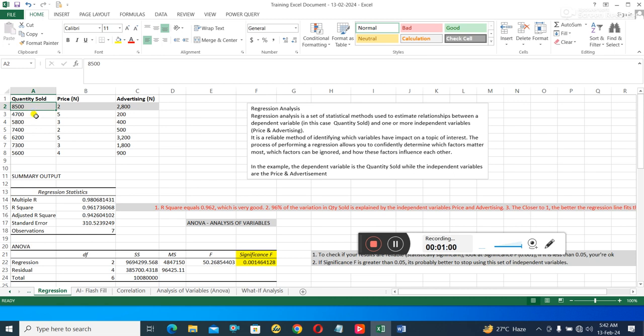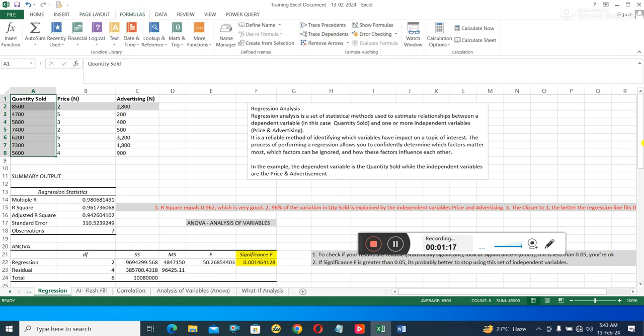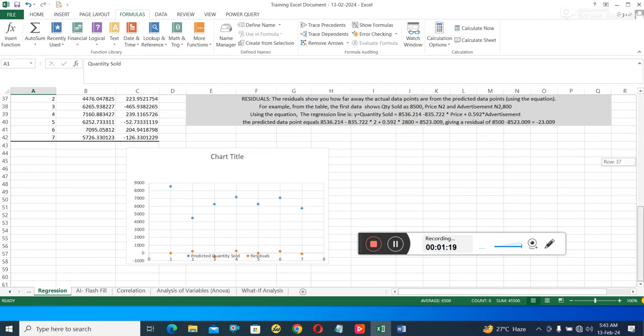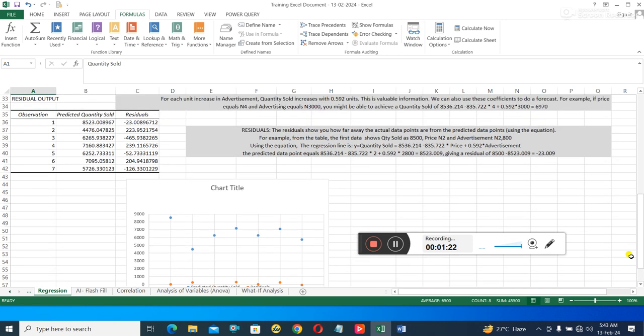So don't forget that we said this is the dependent variable and this is the independent variable. What we're trying to know is what is the contribution of this independent variable to this quantity, or if you like, the high quantity prices that were sold. So here we've done our prediction, we've gotten our formula, so we want to see how far we are from